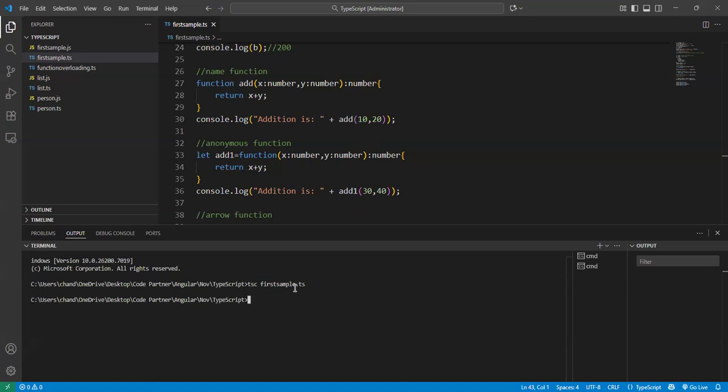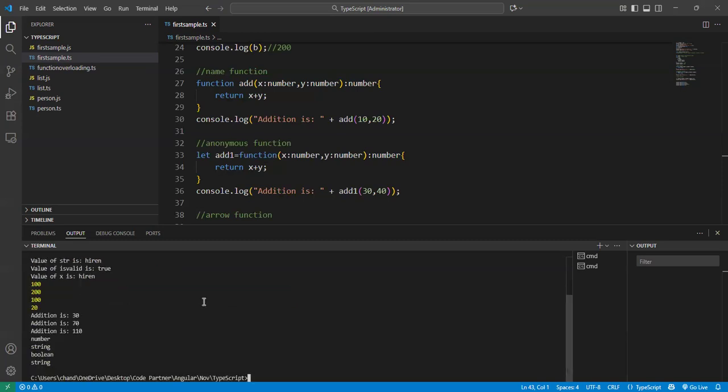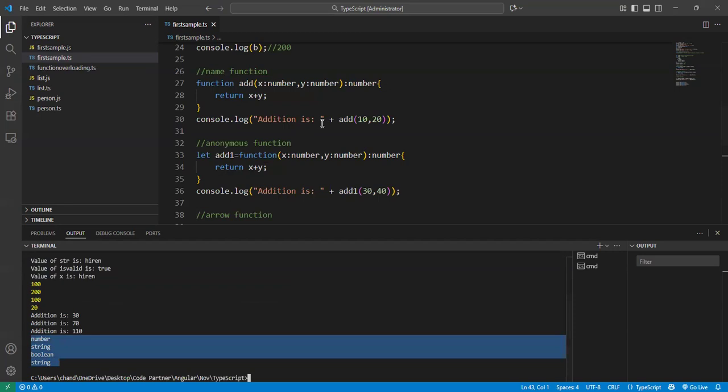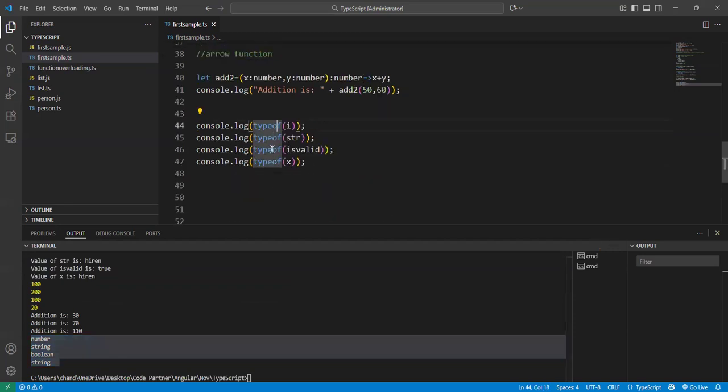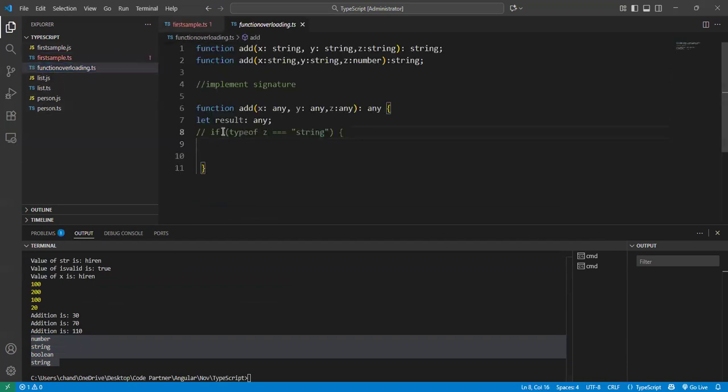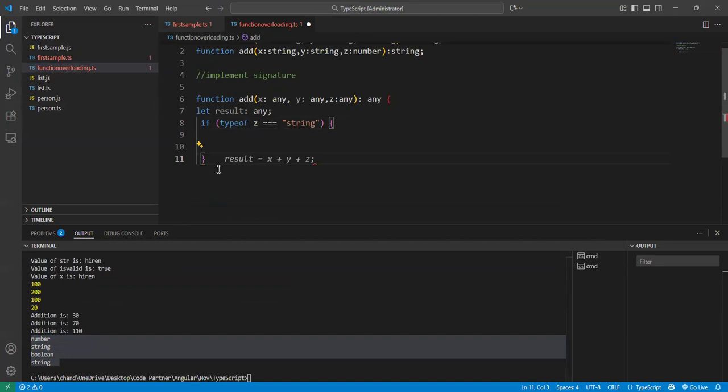Then the second command, what is the second command? Tell me. Node sample dot js. Now you can see the data type. Now you can understand typeof: number, string, boolean. It is saying typeof, so I am doing the same thing here. So typeof x is equal to number, typeof y,